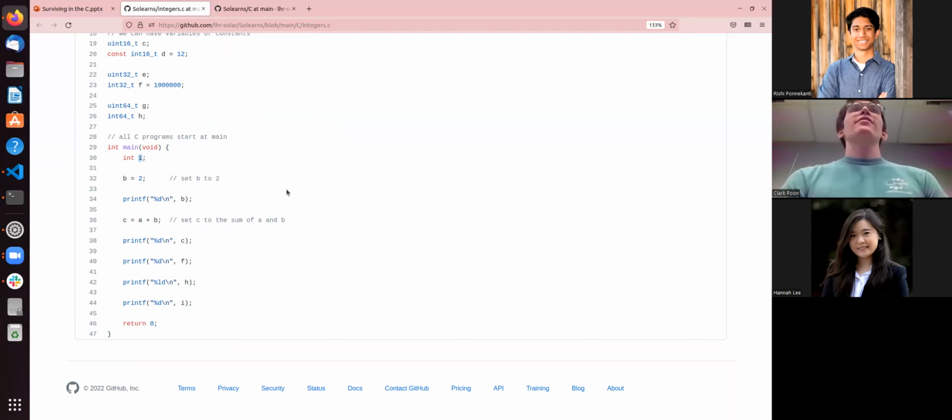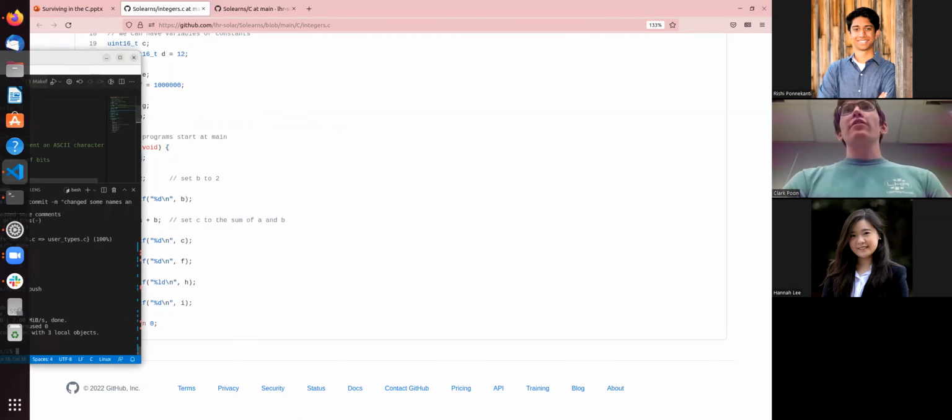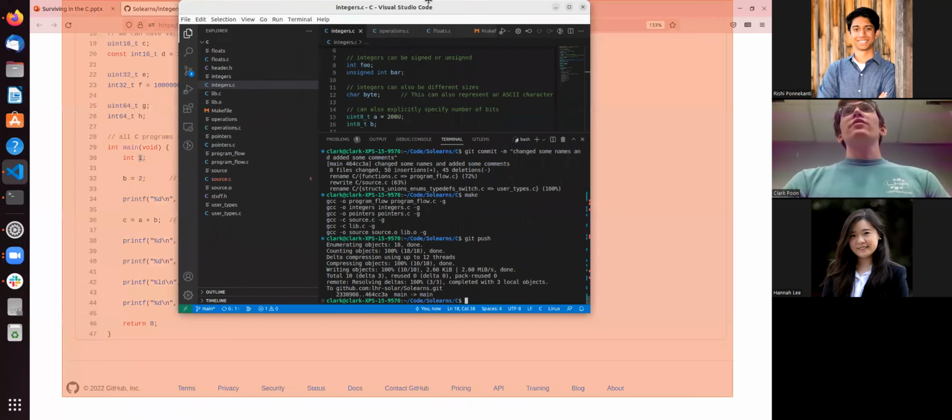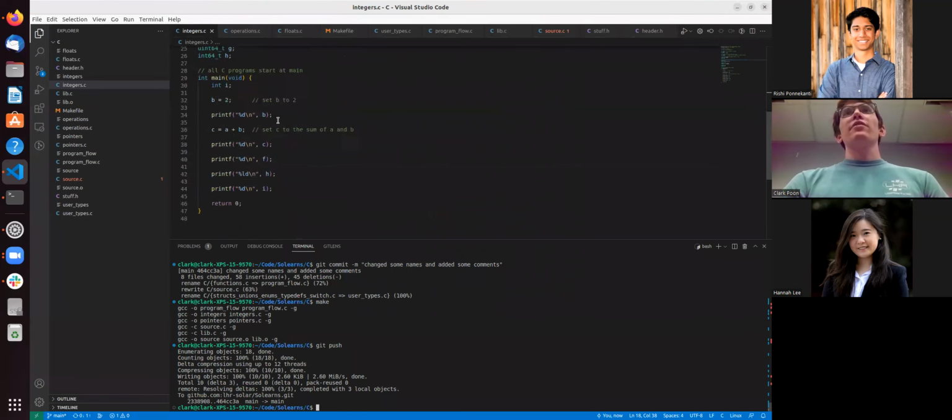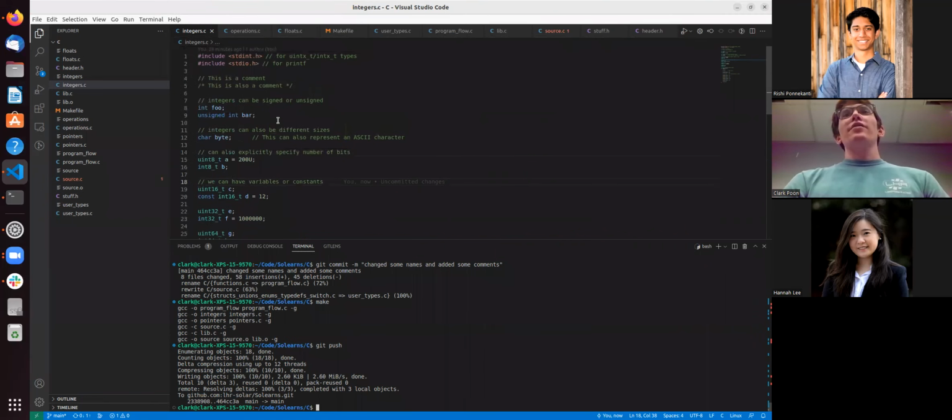Okay. So let me pull this over here. I've got the same file here. Whenever you want to run your code, what you'll do is you compile it, which will translate your C code into something your computer knows how to run directly. What that'll look like is you'll run a command